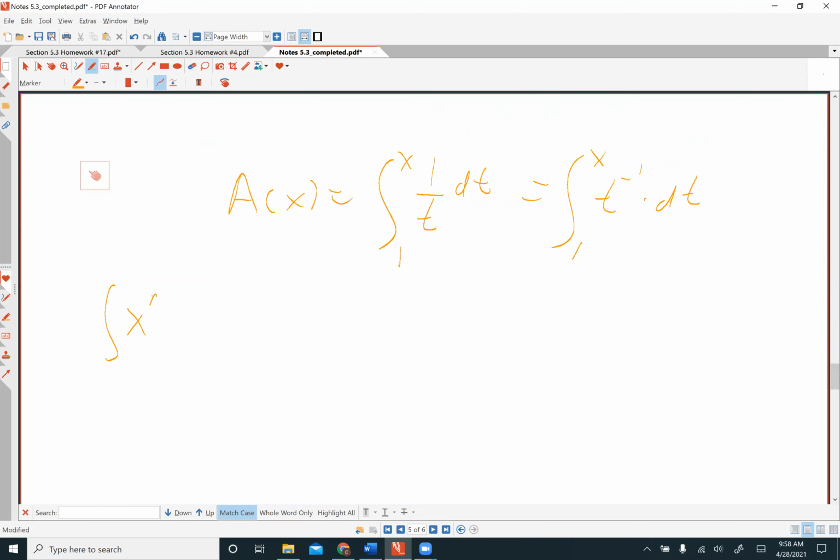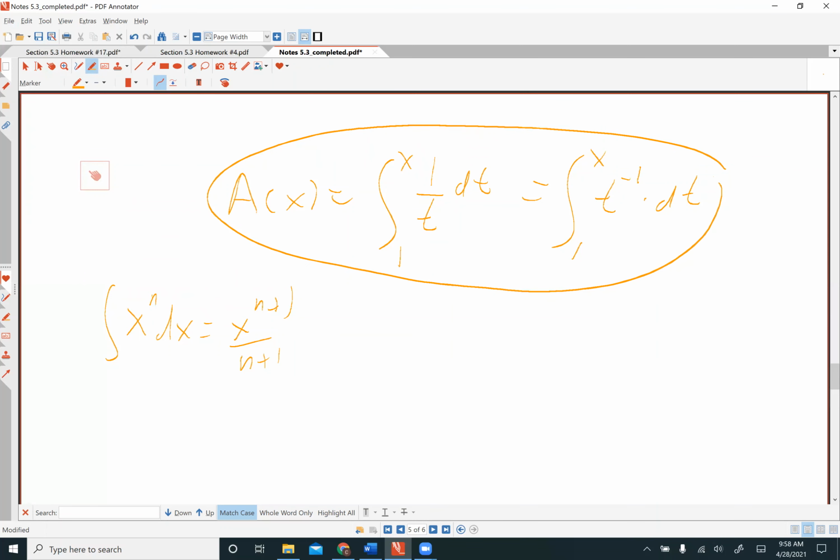The integral of x to the n dx, you add 1 to the exponent, and then you divide by the exponent. Well, if you add 1 to negative 1, you get 0. So you can't divide by 0, right? So there really is no nice antiderivative. But with the second fundamental theorem of calculus, what they're saying is that the antiderivative,